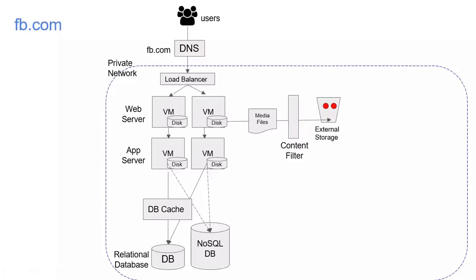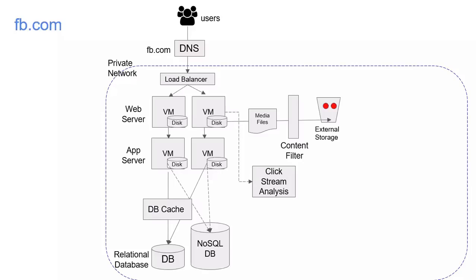Okay, that's fine. Now you also know Facebook throws a lot of ads, and it is continuously watching what activities you are doing while you are on the Facebook page. Maybe what kind of products you are liking, what kind of posts you are liking, and based on that it gives you suggestions, friend requests, and throws a lot of ads, right? So this is called clickstream analysis. Every click is getting captured somewhere and it is getting analyzed in real time. So you need some kind of clickstream analysis engine there,